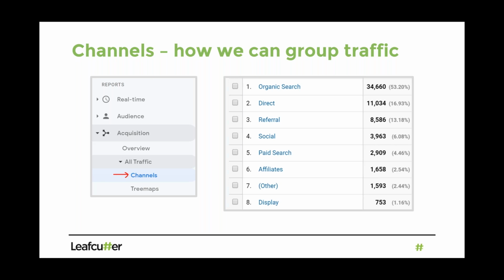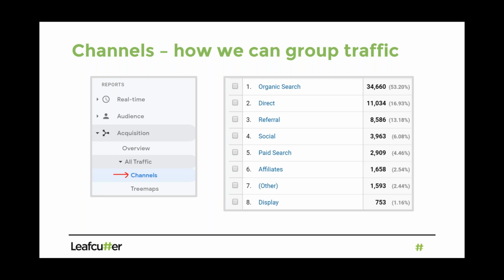I think that they're kind of okay, but it's not necessarily the best kind of grouping, and you're probably going to want to get a bit more granular in a few different areas. So for example, organic, like you could split up organic search into people landing on the homepage versus people landing on other parts of the website. You could split up social into paid social and organic social, which is something I definitely recommend if you're doing Facebook ads. And then the channel called other, you don't really want that to be in there. That just means there's been a campaign and Google doesn't know what channel to put it in. It has no logic to help with that. We can talk about that again a bit later as well.